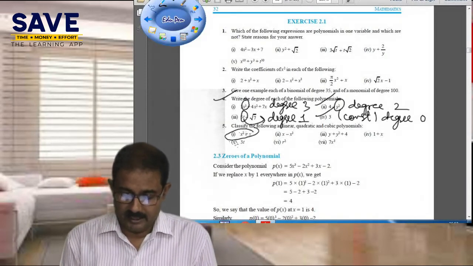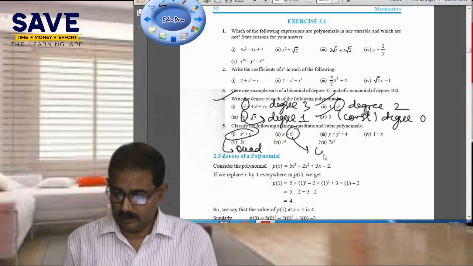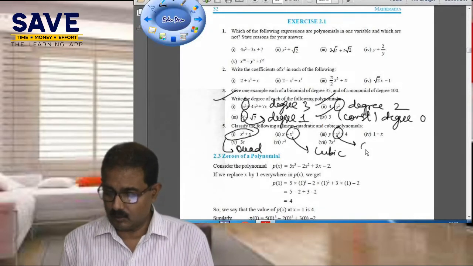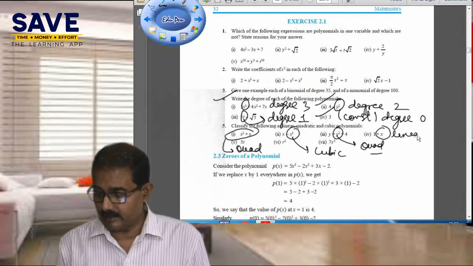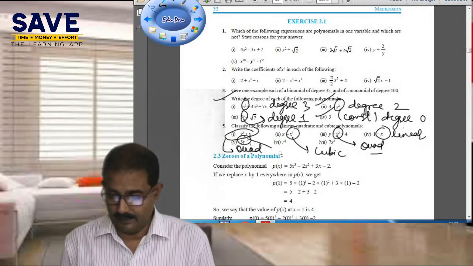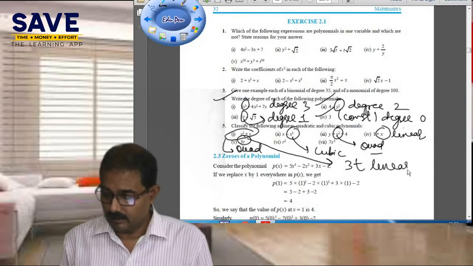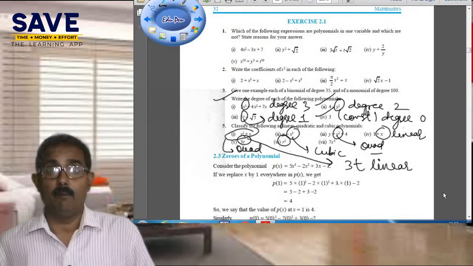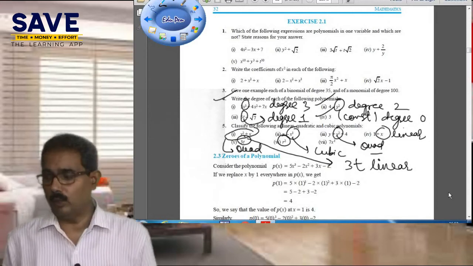So see the first part, इसकी हाईएस्ट पावर 2 है तो ये आपका क्वाड्रेटिक हो गया। इसकी हाईएस्ट पावर 3 है तो ये क्यूबिक हो गया। इसमें हाईएस्ट पावर 2 है तो it is क्वाड्रेटिक हो गया। इसमें हाईएस्ट पावर 1 है तो ये लीनियर हो गया, मतलब इसकी डिग्री 1 है। इस वाले पार्ट में 3t है, 3t मीन्स डिग्री 1 तो लीनियर हो गया ये। r स्क्वायर इसकी डिग्री 2 है, मोनोमियल है, टर्म एक है तो मोनोमियल हो गया, पावर इसकी 2 है तो क्वाड्रेटिक हो गया।